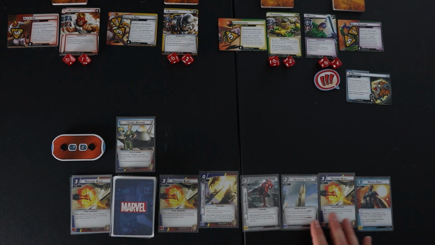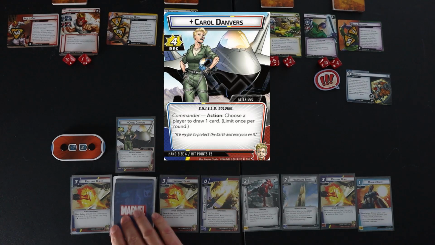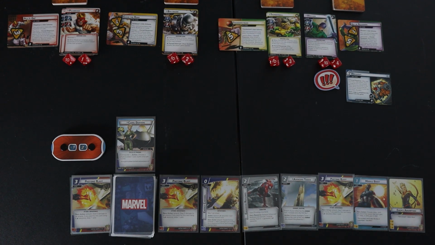Okay. Let's see here. So I'm going to go ahead and use her ability, choose a player to draw a card and have her draw it. And oh, that comes out at a good time, Energy Absorption. All right, let's see here. What am I going to do? I think what I want to do is